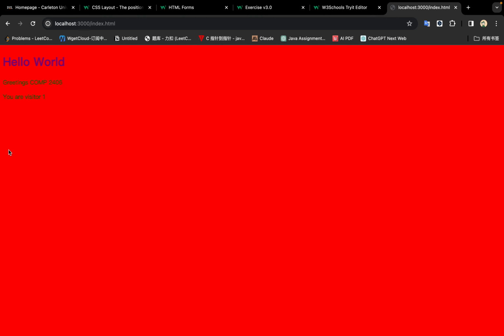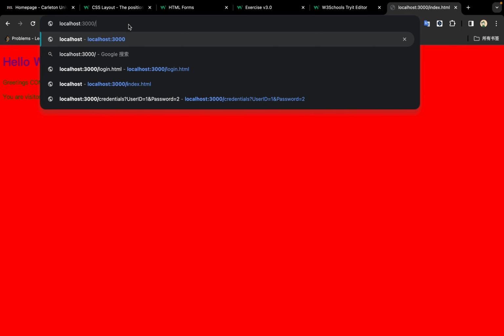So here's my colors and all those kind of things from my CSS style that was in the head tag in it, and you can see I changed it to red and the purple for hello world and green for down below. Then let's go to